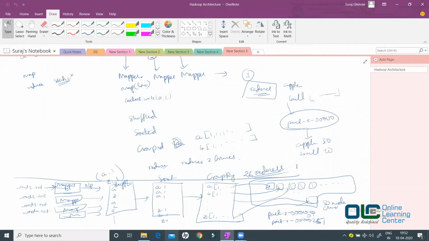Next question is, how will the MapReduce program know which block of the file needs to be processed? When you are submitting a job, when you write a word count program or any MapReduce code, you will have to tell it that you need to run this program on this data. So you have to pass the input file location while you are processing the data, and your program will be executed wherever the data resides.